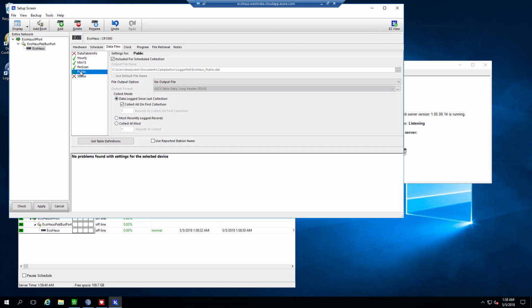And it actually picked that by default because you're not going to store data from the public table. That's a whole other story, the difference between the public table and the persistent data tables. But LoggerNet is anticipating that we do not want to store that data in a file, but we do want to collect it and we want it to be available in these clients. All right. So if I click apply,